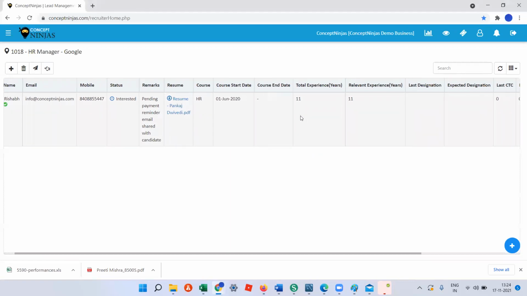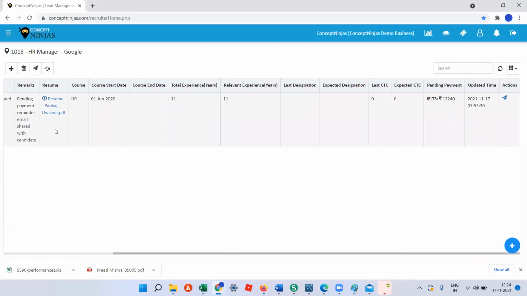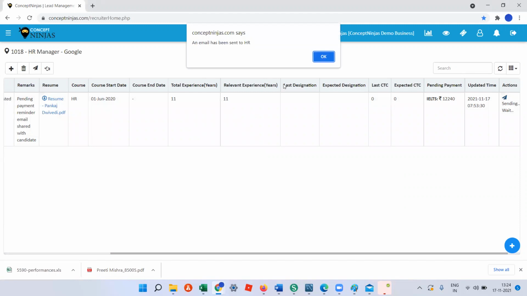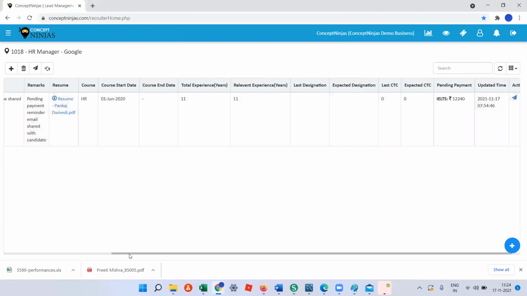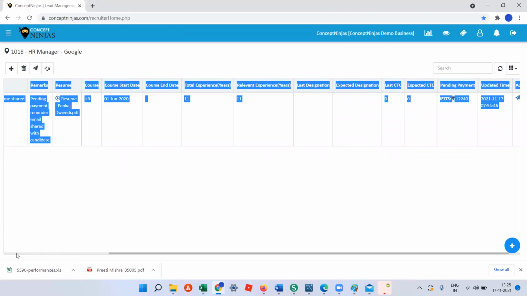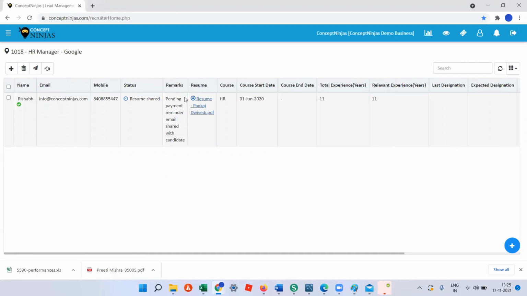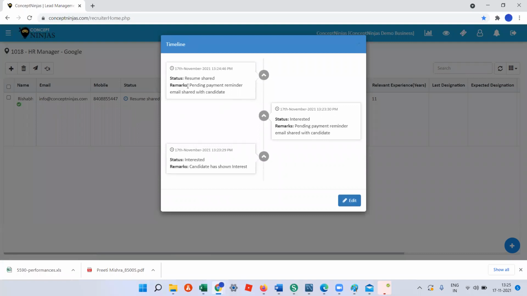From here, if you like the resume and you see that he is eligible for this job, you can click here and this resume will be shared with the HR of that company. The HR's details that we listed earlier while creating the job, to that HR this resume will be shared. Okay, from here you can also maintain the status of the candidate for yourself. In the status, you can see that it says resume shared with the HR. It shows this because you have clicked the button.